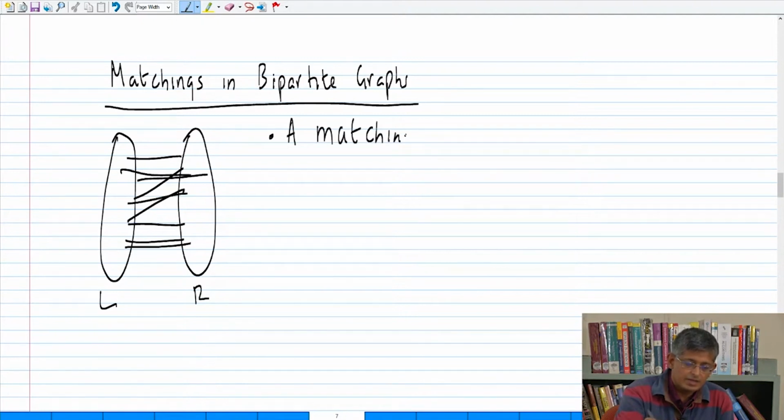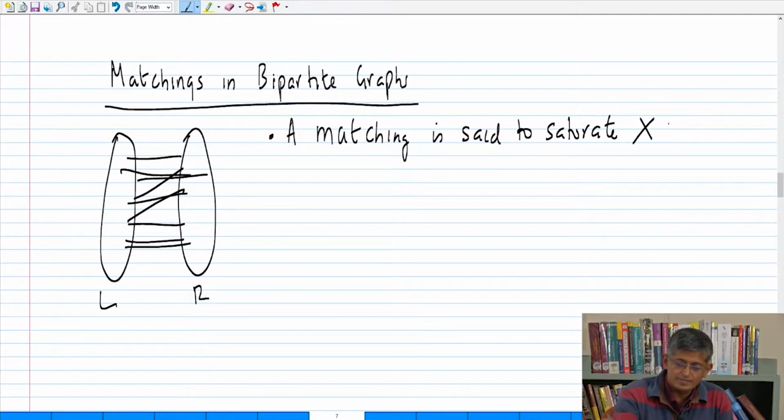A matching M is said to saturate X, which is a subset of L, if